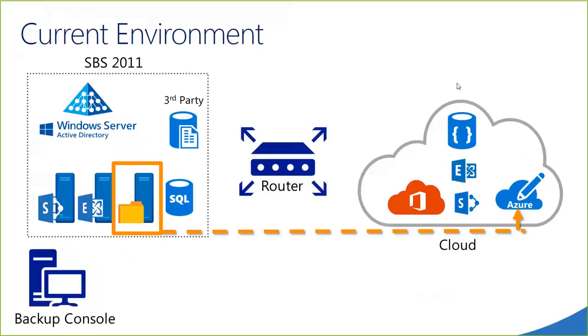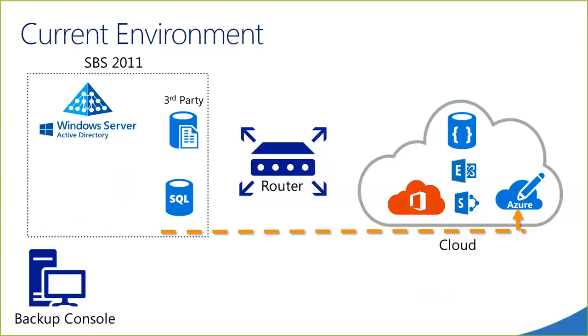So typically what we're going to do is we're going to look at moving our Exchange data, SharePoint data, files, some files and folders we have. But the other thing that we can also do here is we can look at setting up an SMB File Share in Azure. So Azure supports the ability to create what's called an SMB File Share, which is basically just storage that we can map a network drive directly to. So what that gives us,